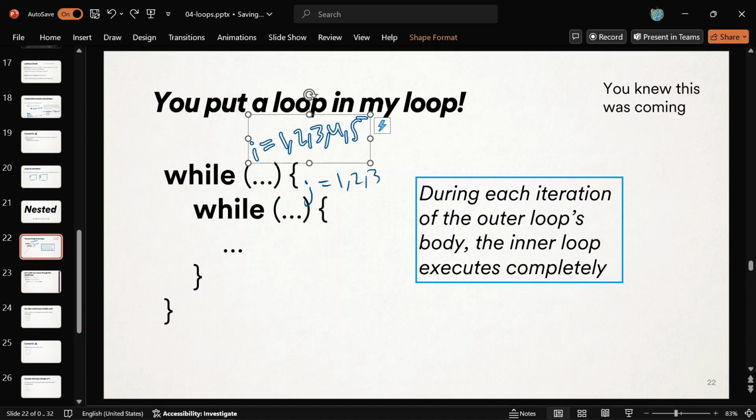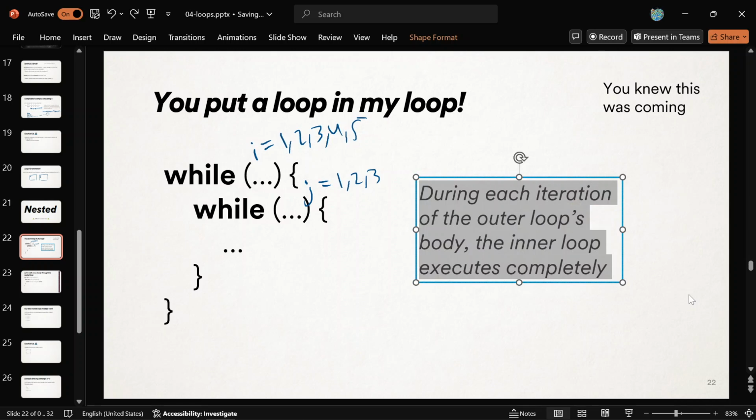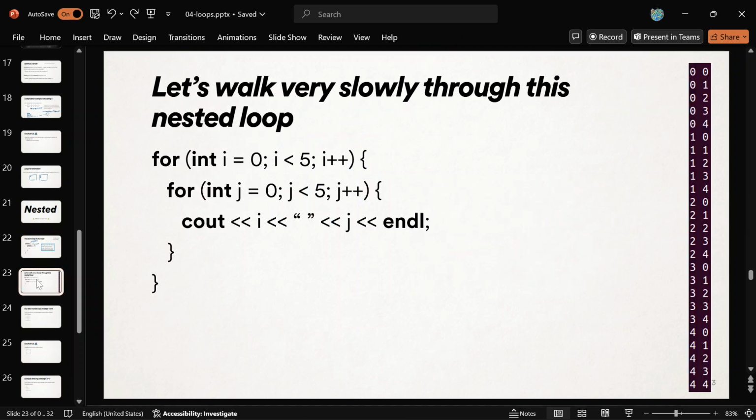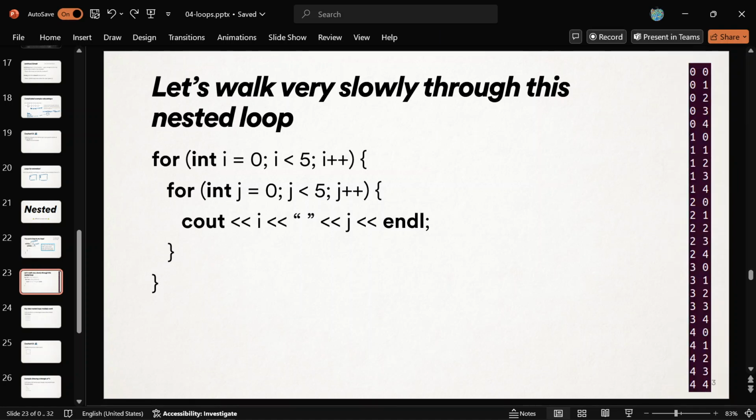I will walk through it slowly, but this is the idea. All right? This will eventually make sense, I promise. Okay? So here, let's walk through a very carefully crafted loop. And here is a picture of what it's going to output. Sorry, it's a little small. It's going to output exactly these things. I want to try to teach you why it's going to print exactly these things.